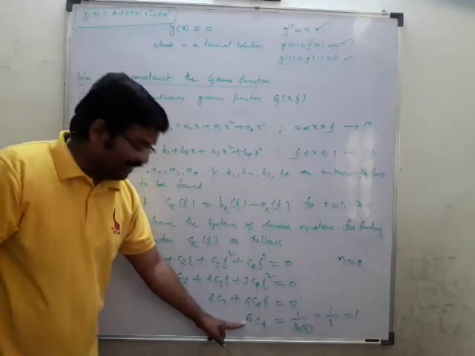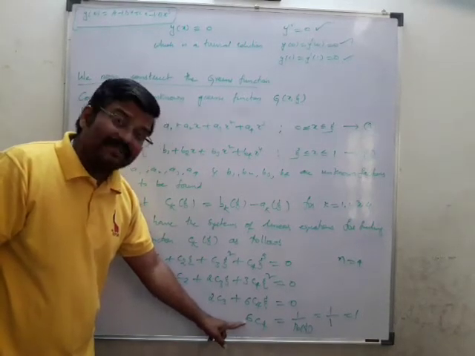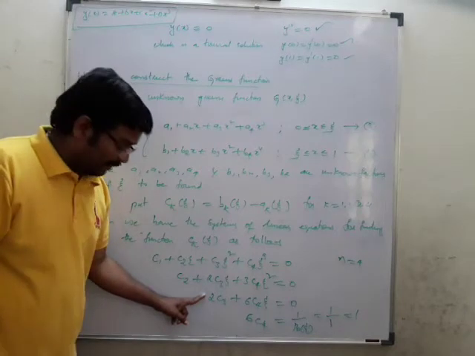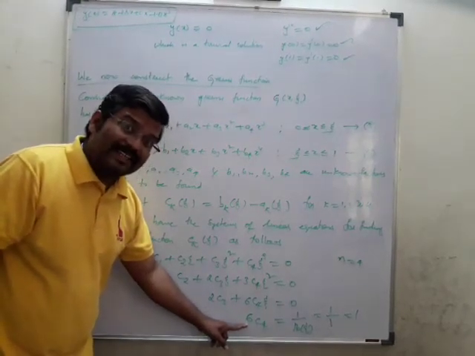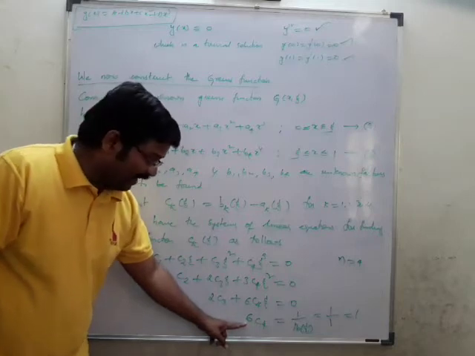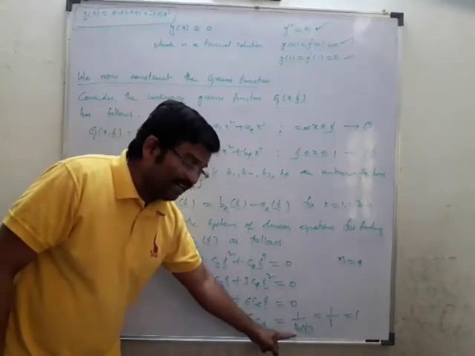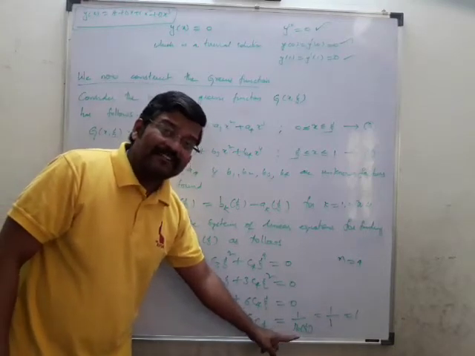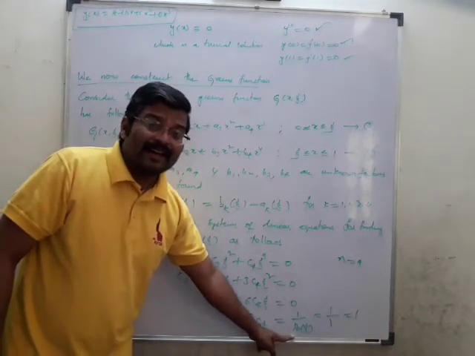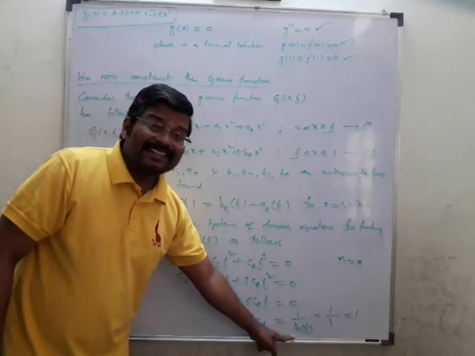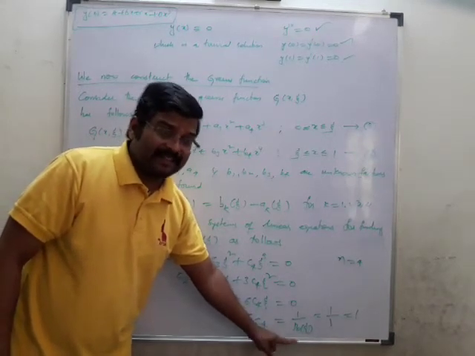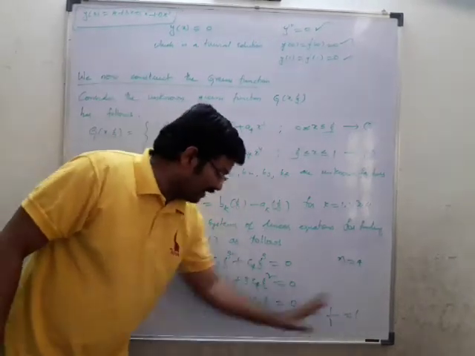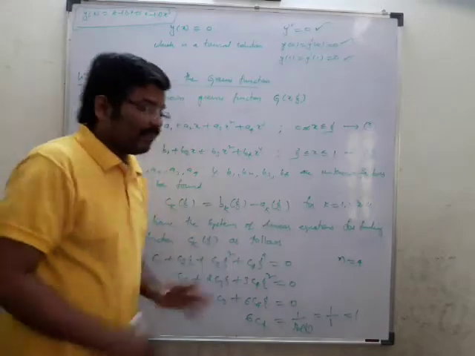It's a jump discontinuity, meaning the n minus 1th step. This is n minus 1th order, and this is n minus 2 order, as in the definition we have seen. So after the n minus 1th order, you have a jump discontinuity. When you differentiate, you must equate to 1 by p naught of xi. But p naught of xi is nothing but the coefficient of the highest order derivative given in the equation, that is y power 4, which is nothing but 1. So 1 by 1 is nothing but 1. So 6c4 is equal to 1.